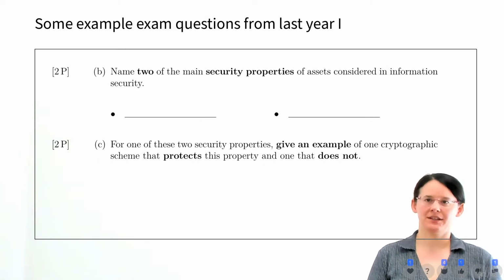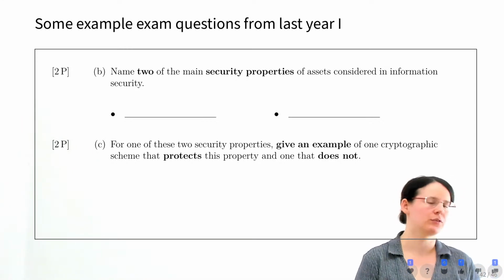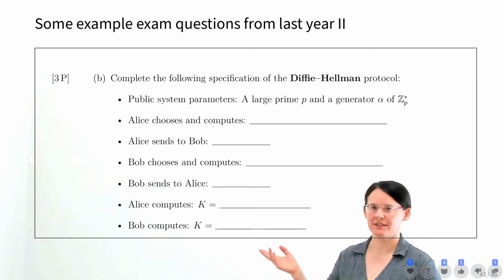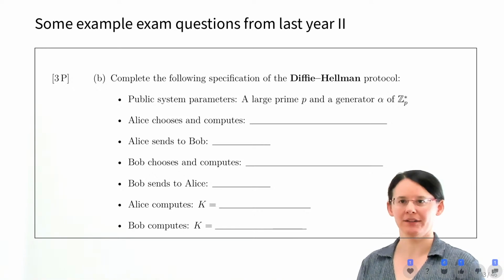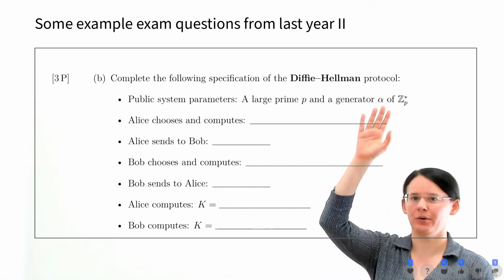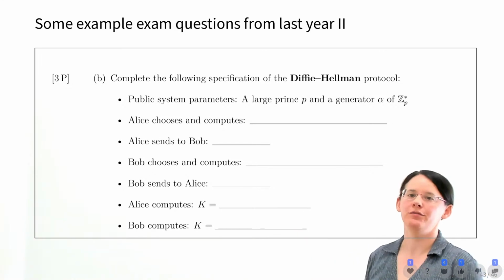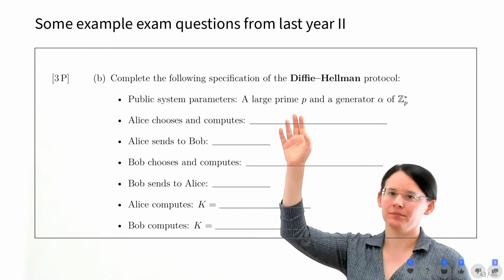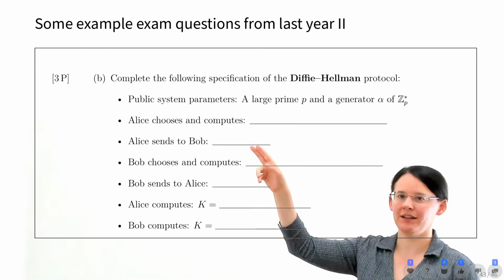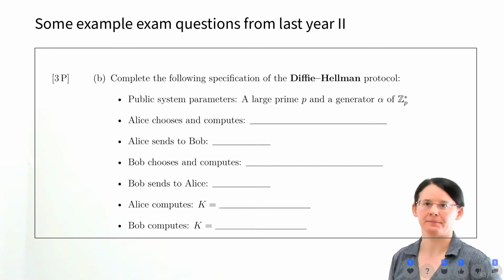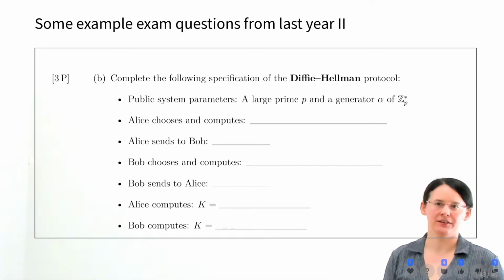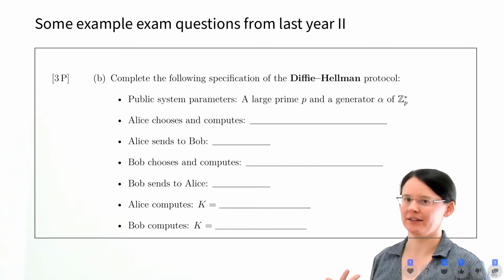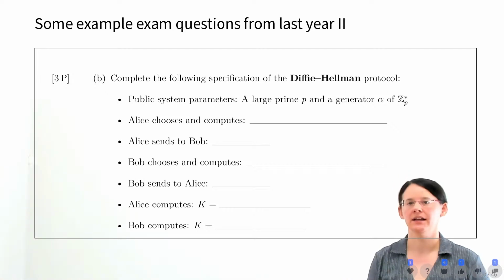I'm also sometimes asking some details about one of the algorithms we covered in detail, but I usually provide some guidance. So this is an example of what I've asked about Diffie-Hellman in the past. So I've given some basic starting points, and then I'm asking you to fill in what are the steps that are completed. Like Alice chooses a private key and computes the generator to the power of the private key and sends this to Bob. Something like that. Where I don't care if you use exactly the right notation, but it should be clear to me that you understand what sort of values they generate in exchange, like public keys, private keys,